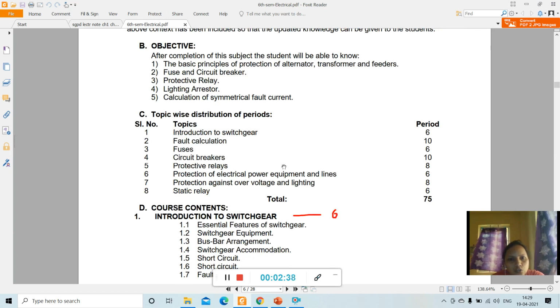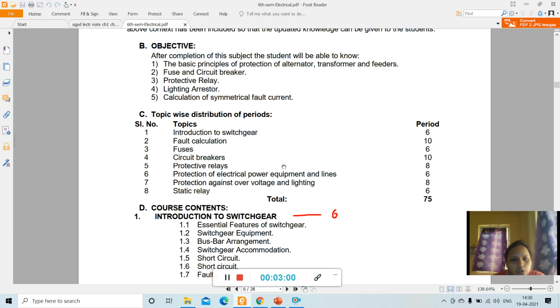Those are, first one is the introduction to switchgear, then fault calculation, then fuses, then circuit breakers, protective relays, then protection of electrical power equipment and lines, so protection against overvoltage and lightning, then static relay. Okay, so see,